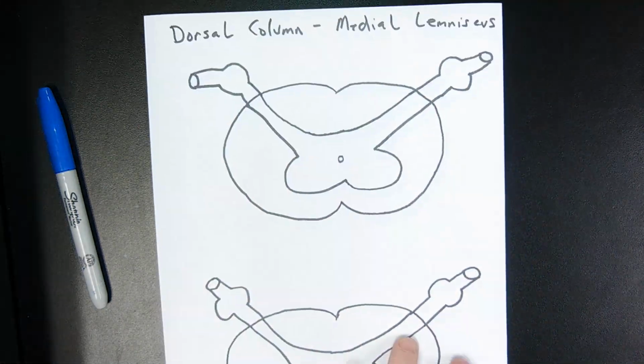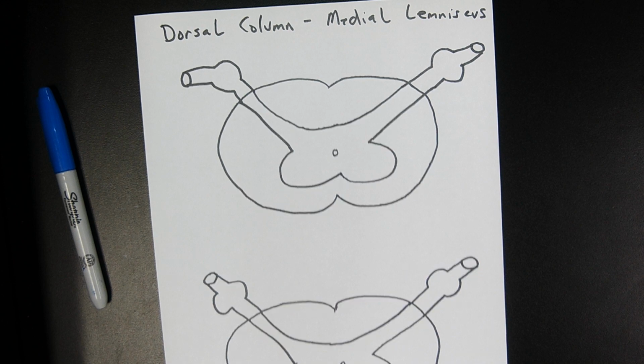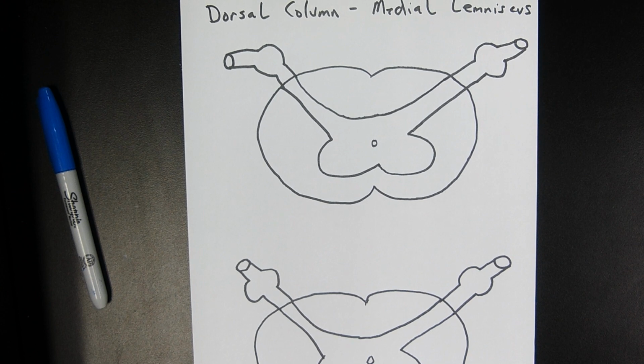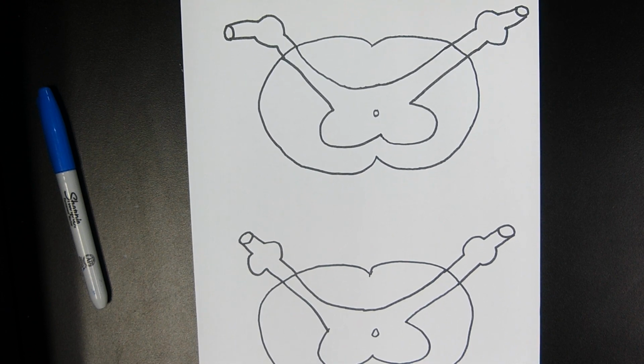No. Okay. We're going to start with dorsal column medial lemniscus. What we're going to do is go into the DCML in more detail than you probably ever wanted to see, but oh well. Hopefully it'll help you learn. So this is going to be the DCML, and what I've done here is I have two spinal cord cross sections